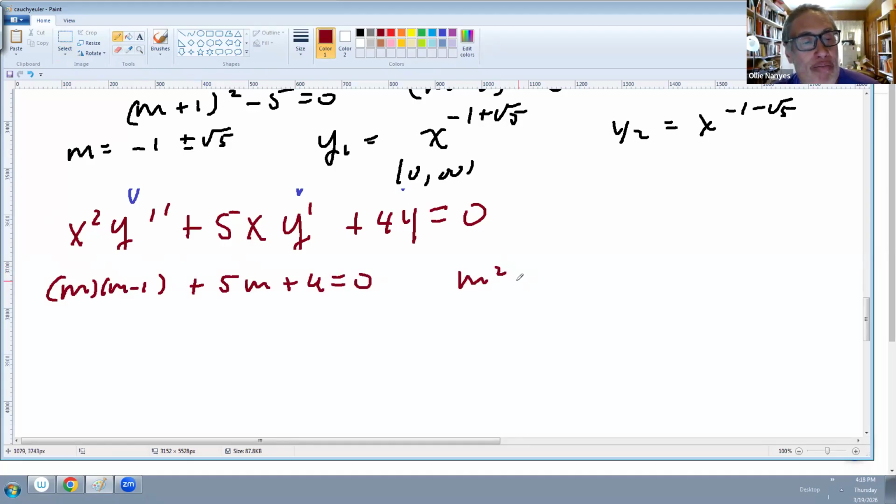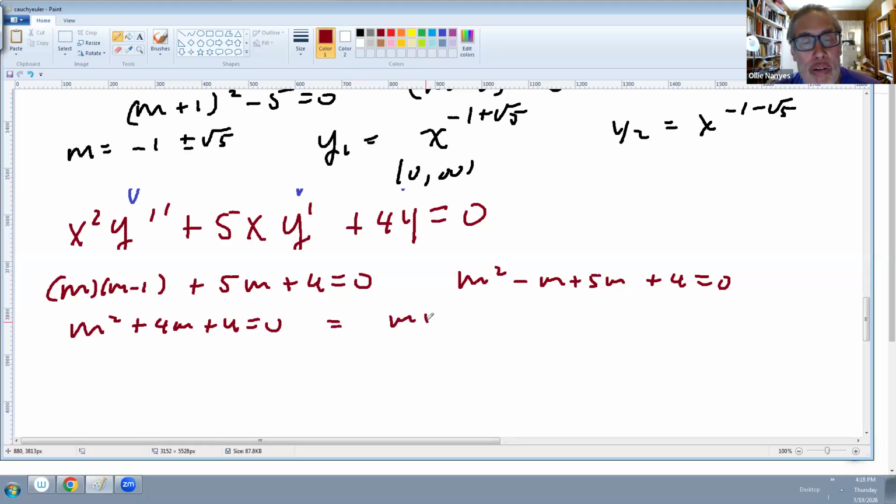That's m squared minus m plus 5m plus 4 is 0. Or this is m squared plus 4m plus 4 is 0. And you'll notice this is a perfect square. So m equals minus 2 is